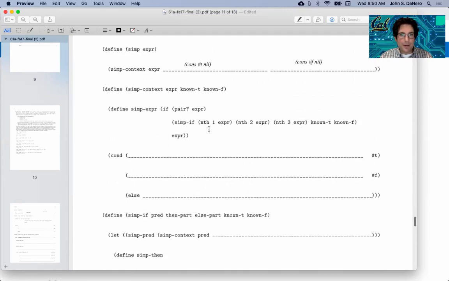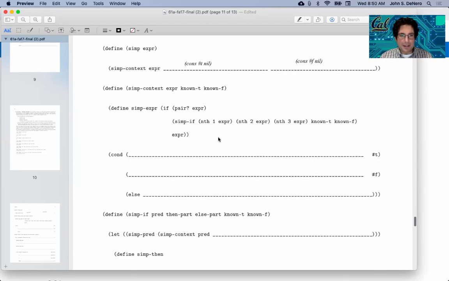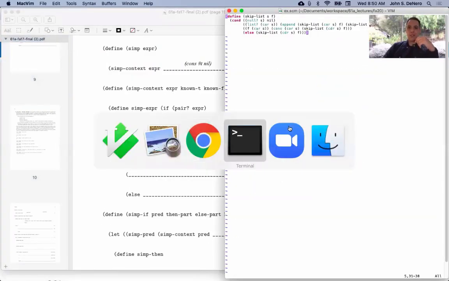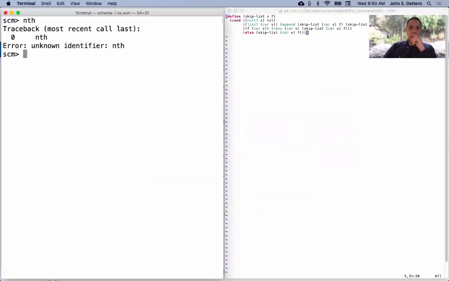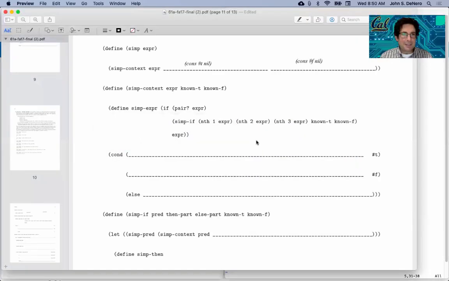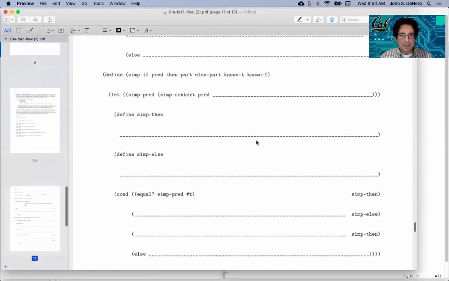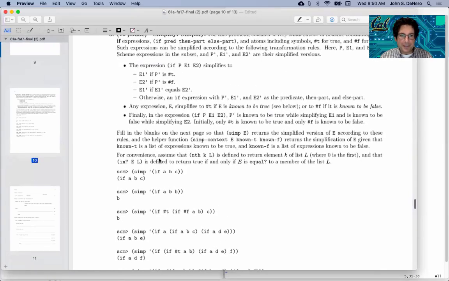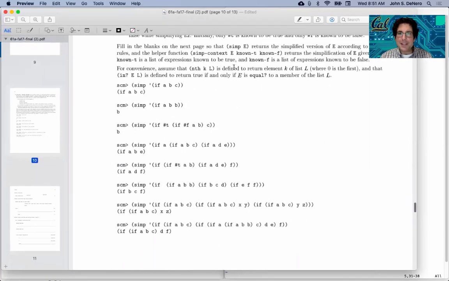I guess maybe we assume that pulls out the nth, the first argument, the second, like that parameter. Yeah, it just gives you one of the elements in a list. So it just cdrs through the list, giving you the nth car. Yeah, it must have been defined somewhere, but whatever. Oh, here it is. For convenience, assume nth exists and returns the kth element of the list. Okay, so